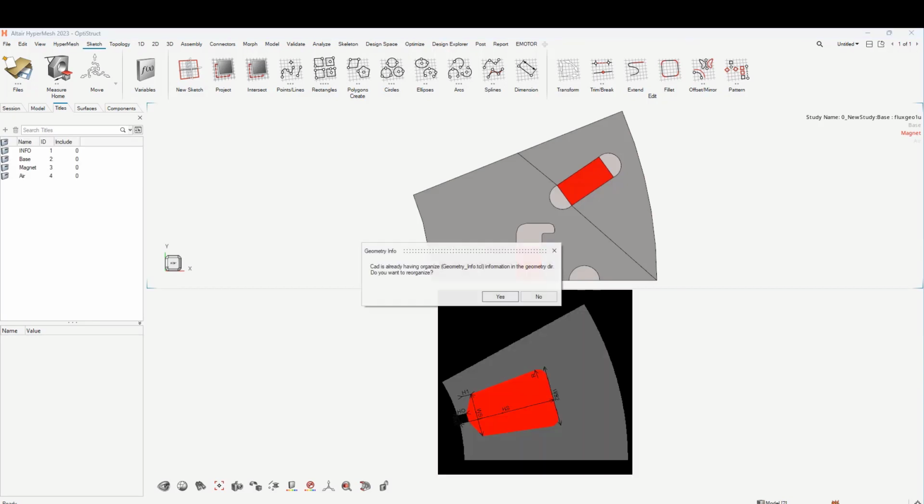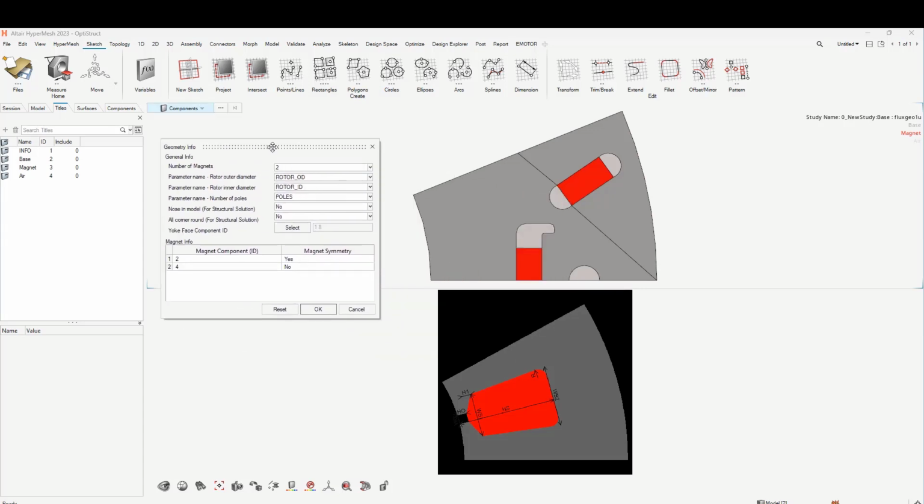And here just click yes on the pop-up. And here you need to make sure about the number of magnets, the parameters for the rotor, outer and inner diameter, and then the number of poles, and then the nodes in the model and then the corners. And once you have that,